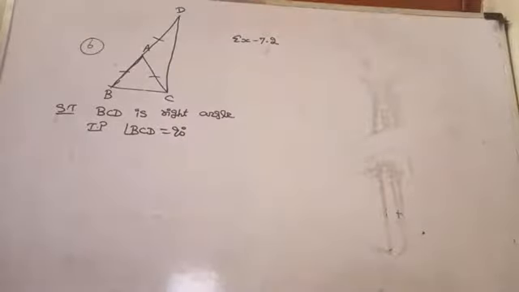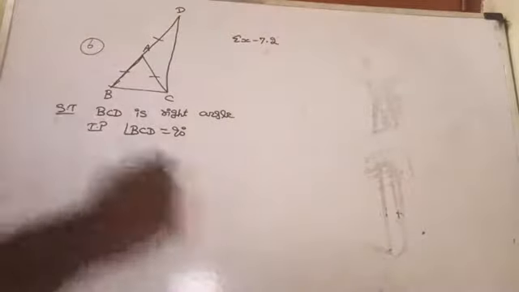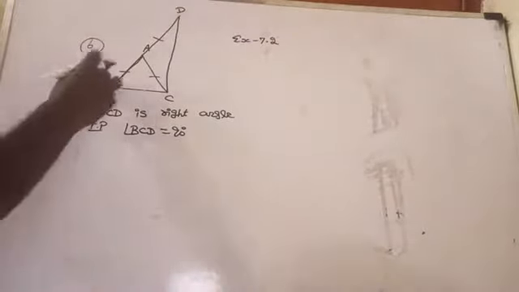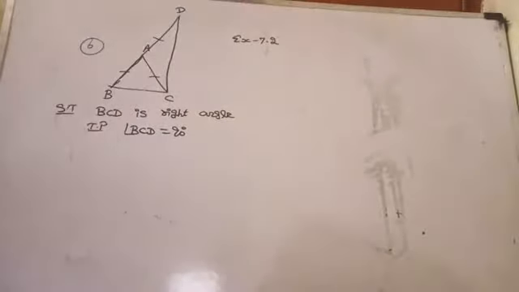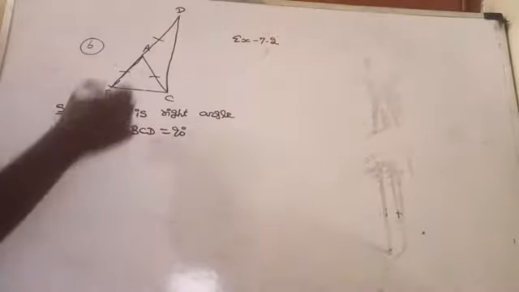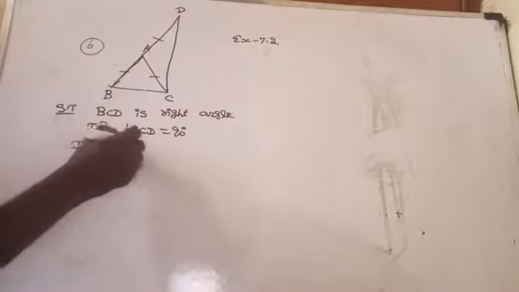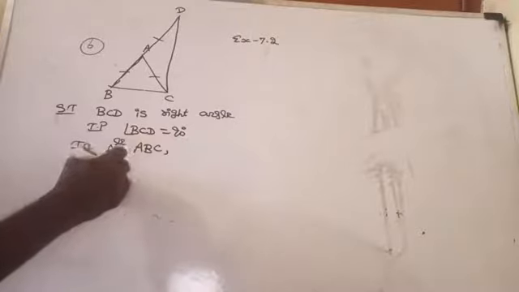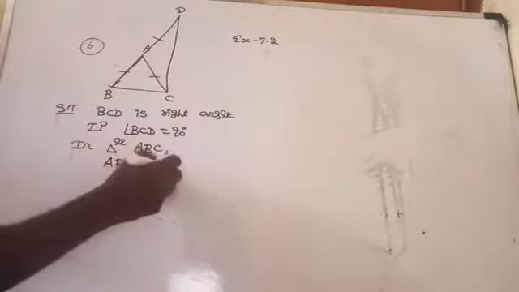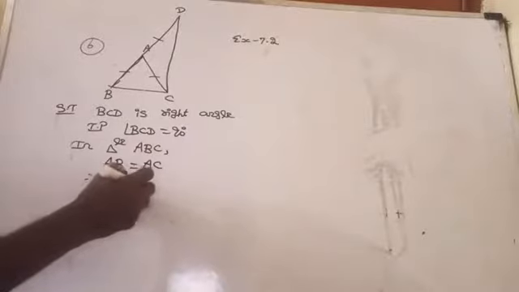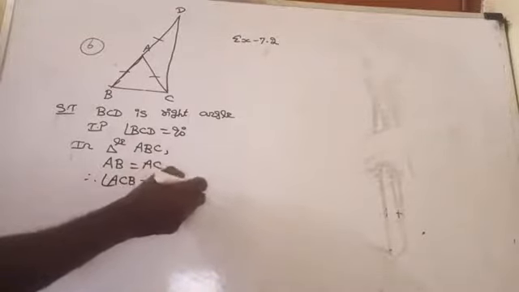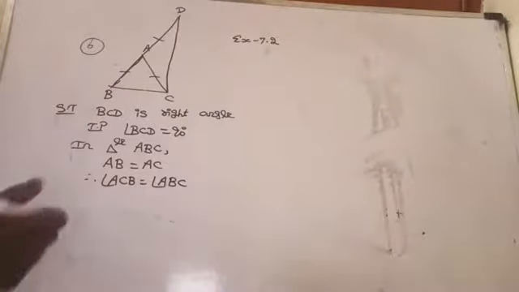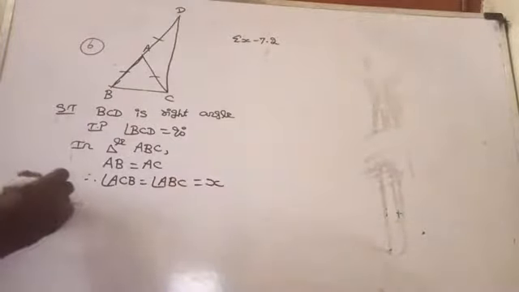Here again ABC is an isosceles triangle in which AB equals AC. Then the side BA is produced to D such that AB equals AD. Now listen here. In triangle ABC, it is given that AB equals AC. Therefore, angle ACB equals angle ABC, that is, angles opposite to the equal sides of an isosceles triangle are equal. I am taking it to be x.